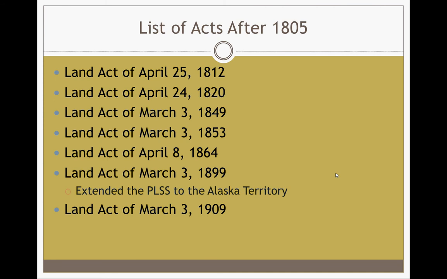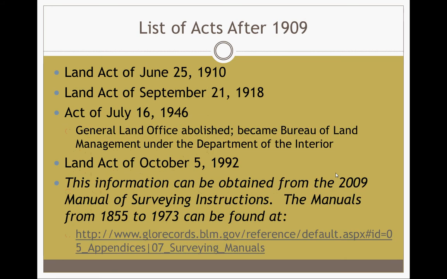Now, if I remember correctly, in 1897 we acquired the Alaska Territory from Russia. We purchased it in 1897. In 1899, 2 years later, we extended the PLSS to that territory. We decided, yeah, we need to survey that too. Land Acts continued through 1909, and if you look,